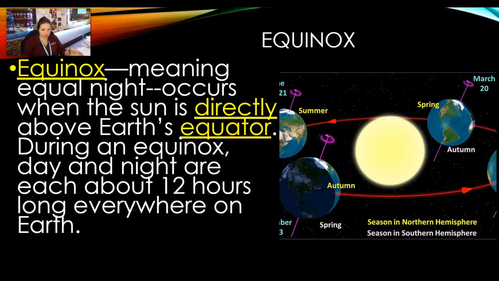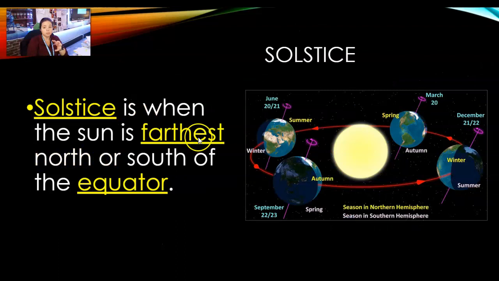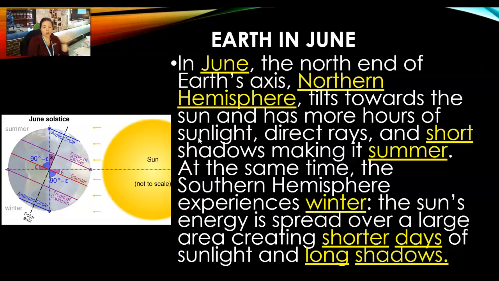Well, we have the equinox. Equal. So the equal time. 12 hours of sunlight, 12 hours of nighttime. And this is when the sun is directly above Earth's equator. So on these,